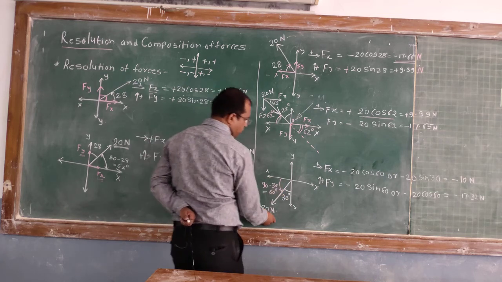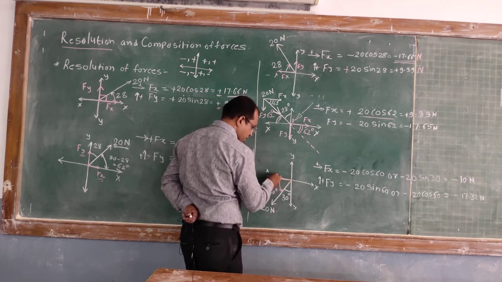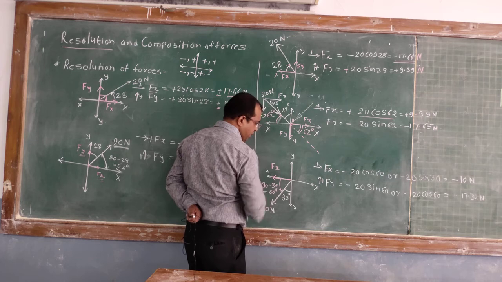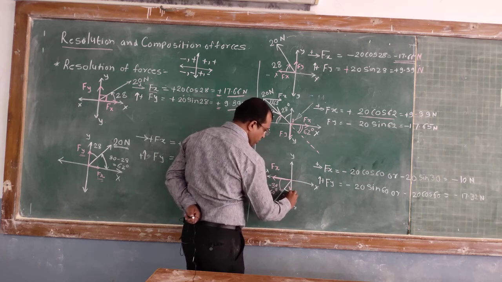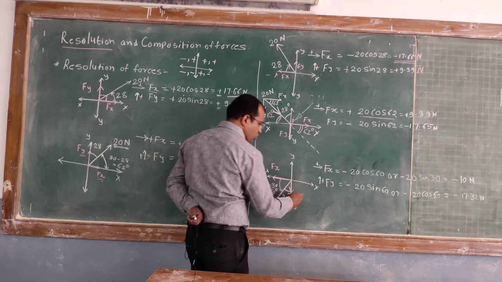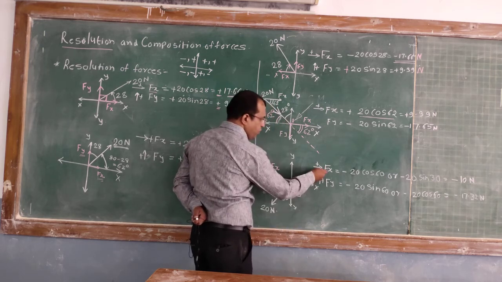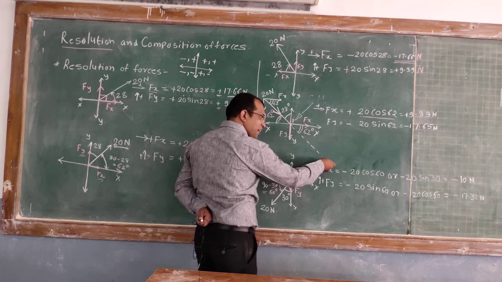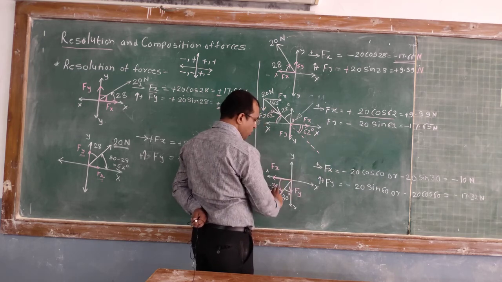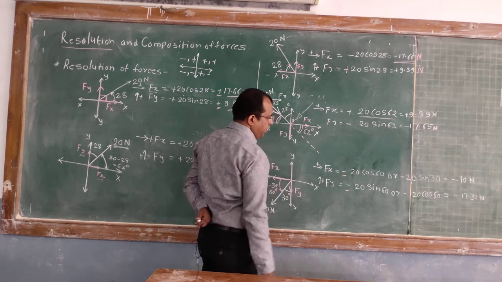Now we have to resolve this force. Now how to resolve this force? It is in the third quadrant. So one component is in this direction, that is f of x. In the third quadrant, x is negative and y is also negative. So the direction will be towards left for x, and for f of y it is in a downward direction. So we have assumed towards right positive, towards up positive, but the components are opposite to this, therefore the minus sign will appear over here.